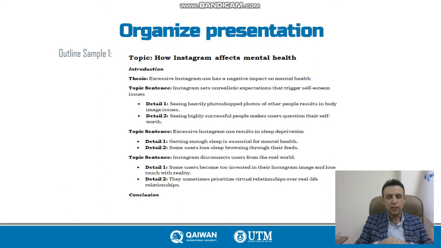In the first body paragraph, as you can see here, we have the topic sentence: Instagram sets unrealistic expectations that trigger self-esteem issues. This is about, in the first body paragraph, as you can see, we're going to read about unrealistic expectations. That is one of the bad effects of Instagram on mental health. And to explain it more, to prove it more, we have 2 important details, detail 1 and detail